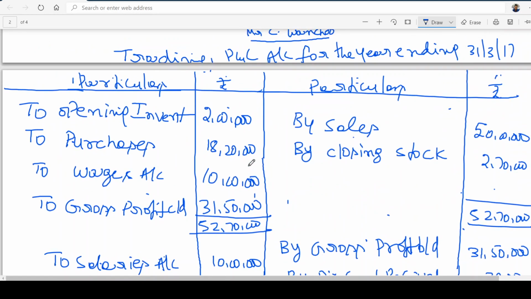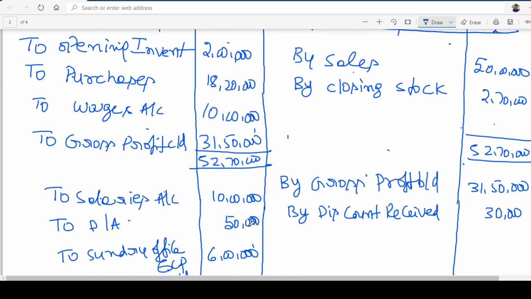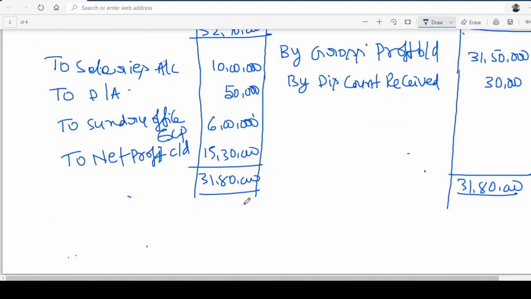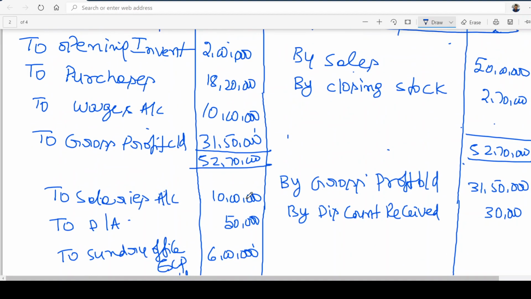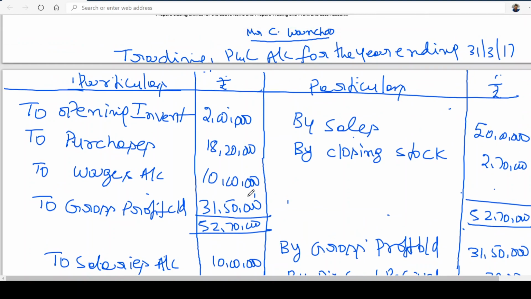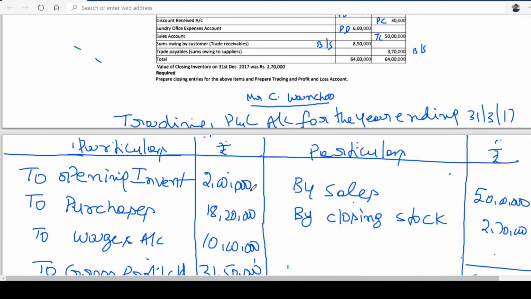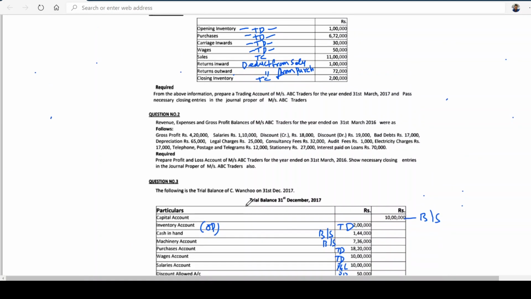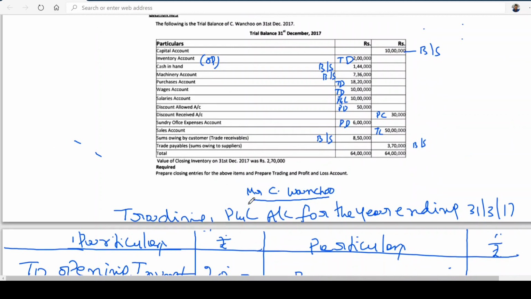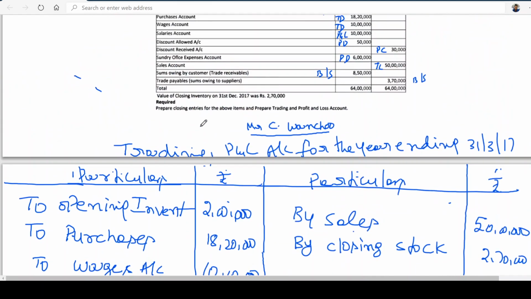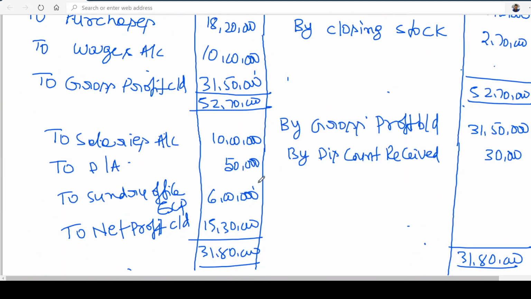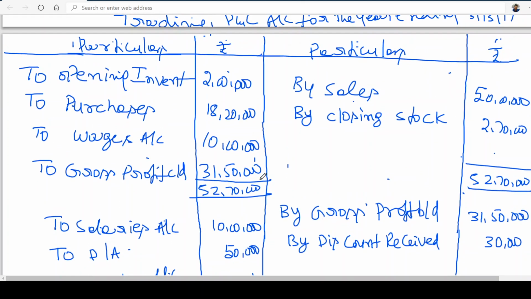So today we have seen preparation of trading comma P&L account. These can be expected as a short question. Generally from final accounts you will be getting an essay question, which can be a 15 marks question. But sometimes there is a chance of getting a small question, if a question comes from not for profit making organization. Is this clear? So this is the combined problem. I think these three are basic level problems without adjustment. We only got one adjustment, about closing stock. I think you can do this problem.